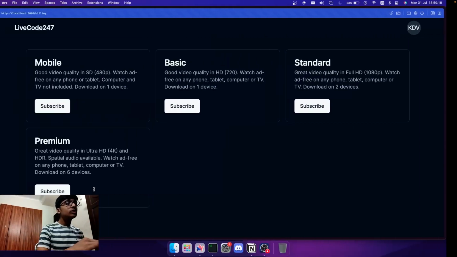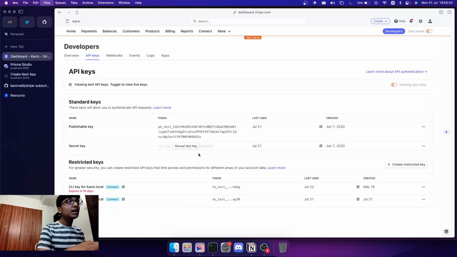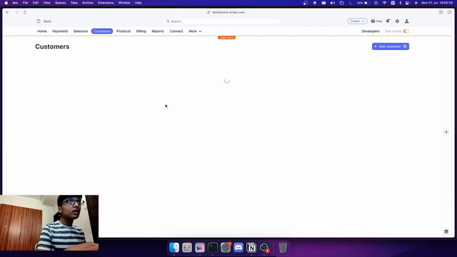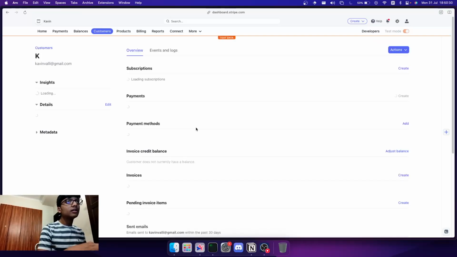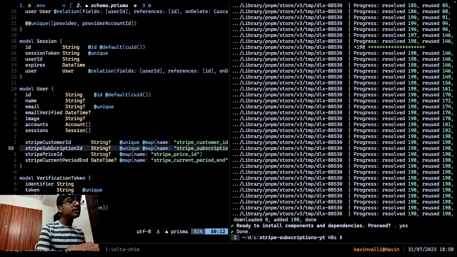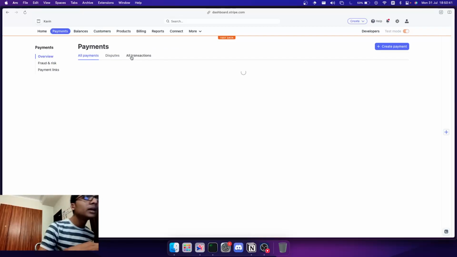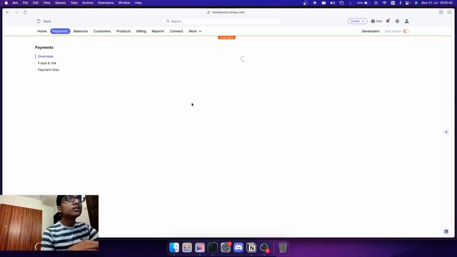Customer ID, which is this basically. If I go to Stripe and I look at customers, if I look at a customer over here, say K, I did a lot of transactions like that. But basically I have this ID over here. This is the customer ID. Subscription ID is the subscription which is coming from the person. If I go to payments and look at the subscription which is created over here,